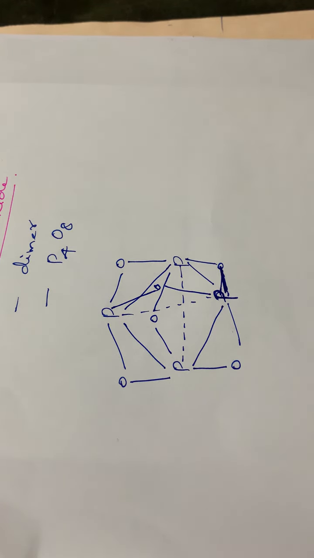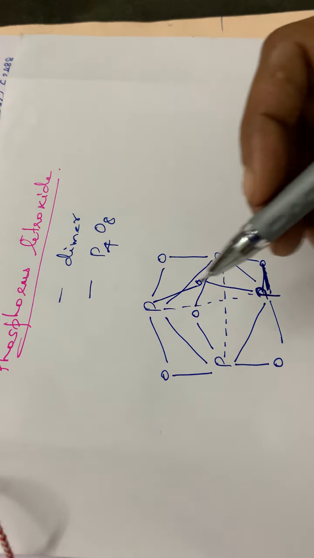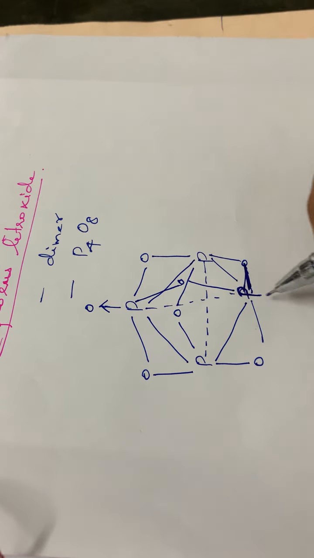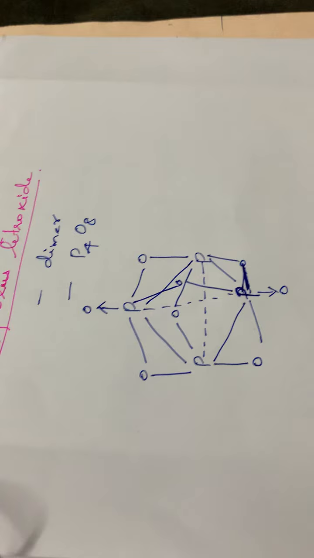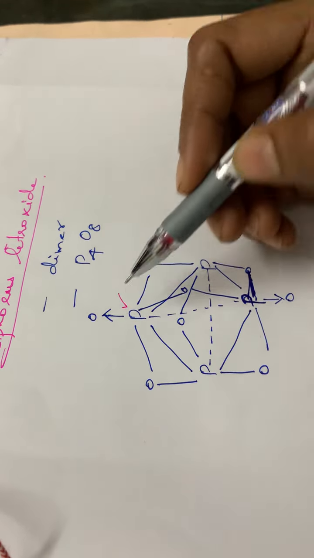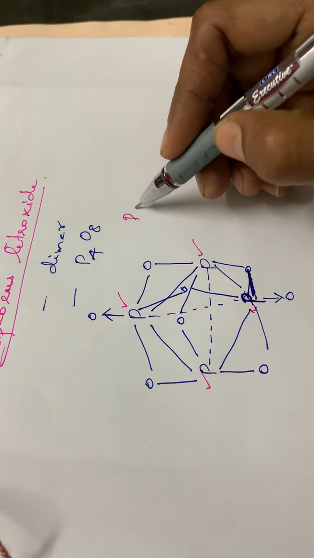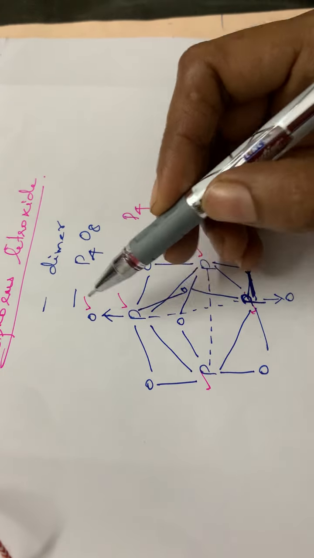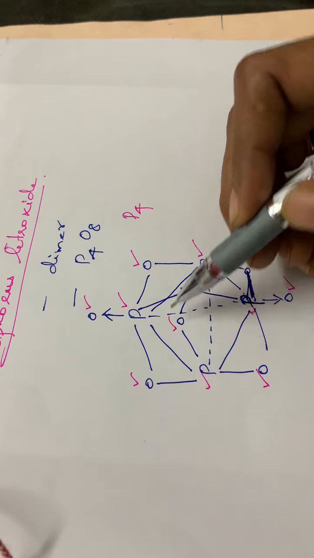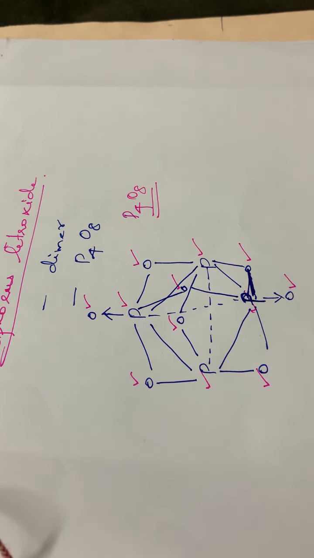For the P4O6 molecule. So here we are discussing phosphorus tetroxide, that is 2 more oxygen atoms will be there, and the 2 additional oxygen atoms will be like this, coordinate bond O. So please count the number of P. 1, 2, 3, 4. 4 phosphorus atoms, isn't it? Then oxygen 1, 2, 3, then 4, 5, 6, 7, 8. Okay, P4O8. So this is the structure.